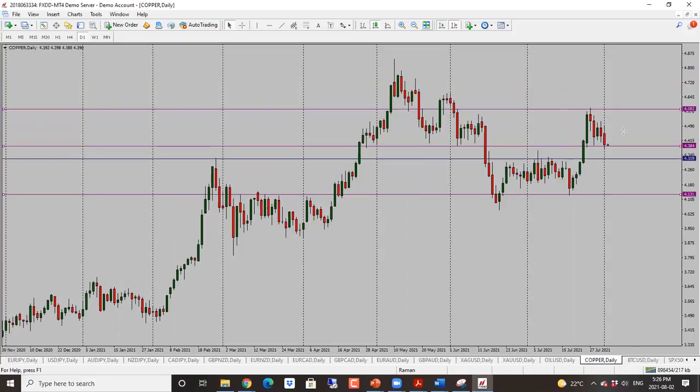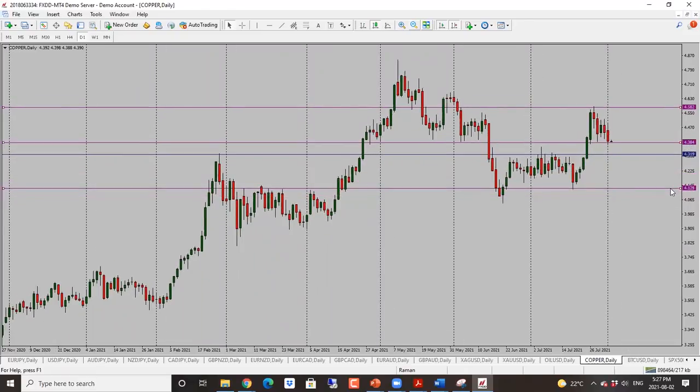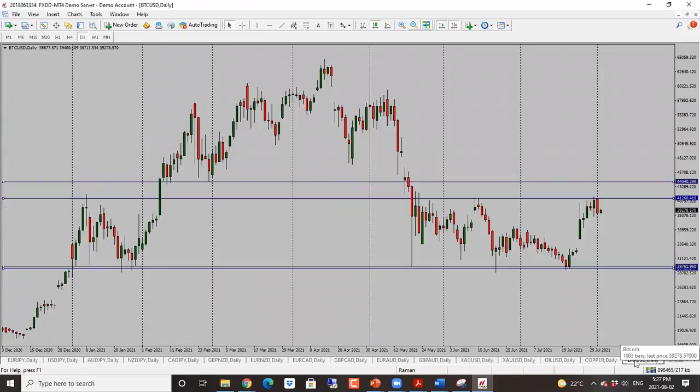Copper here, copper also looking bearish. We have a nice bearish candle close. However, keep in mind it's into an important support level. Last time price was here, it bounced off, and it has struggled with this level previously as well. So once we could see a drop here, then this inefficient move here is likely to get filled. So we'll watch out for that. Right now, bearish bias with caution. Next target is 4.31 and then 4.29. So bias is bearish here for copper.